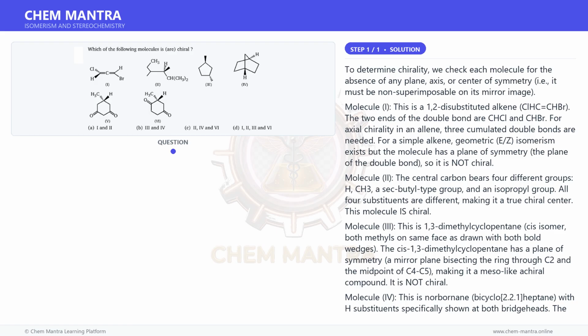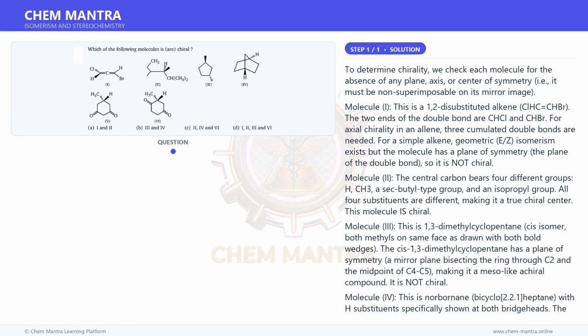Molecule 4. This is norbornane, bicyclo[2.2.1]heptane, with H substituents specifically shown at both bridgeheads. The bridgehead hydrogens in unsubstituted norbornane are part of a molecule that has a plane of symmetry. However, the specific stereochemical drawing shows H on a wedge at the top and H on a bold wedge at the bottom bridgehead of